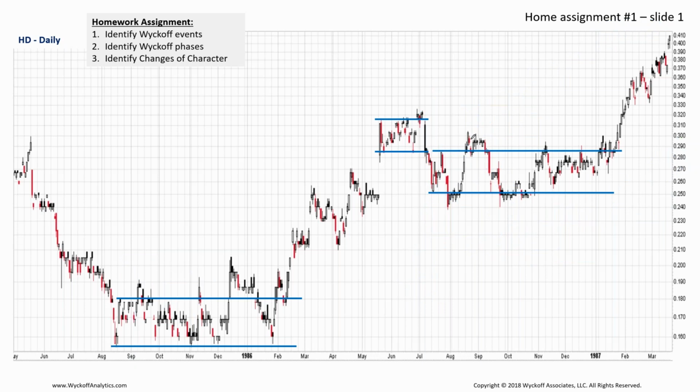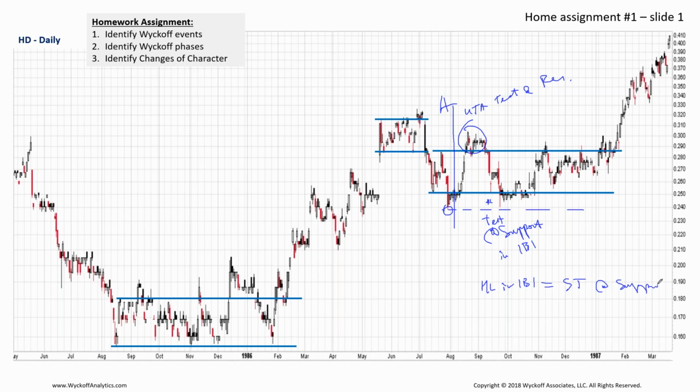Okay, well, if we had one test, which was supposedly an upthrust action test at the resistance, then the next test is going to be at the support. So how would we label this test in phase B? I would still label that as a secondary test. Yeah, secondary test. We are not overcoming the low that was created in phase A, so this is a higher low. So therefore,